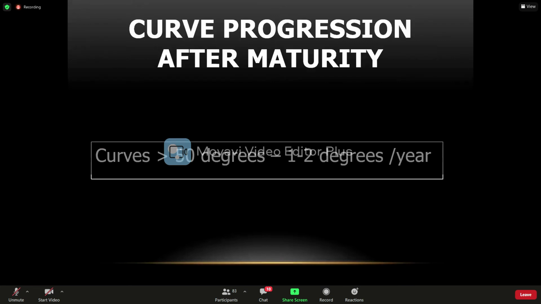The other thing to remember, which was usually missed in the past, was a belief that once the child reaches 18 years old, the curve does not progress. This has been shown to be untrue. We know that curves more than 50 degrees at skeletal maturity, which is around 18 years old, can continue to increase by 1 to 2 degrees per year. So if a child reaches 18 and has a curve of 50 degrees, it is going to get worse. So they should have surgery.